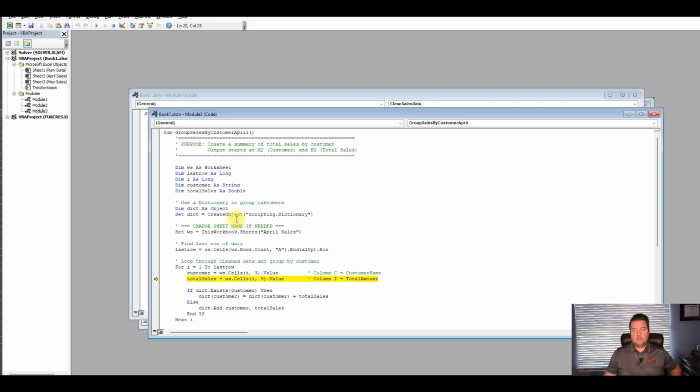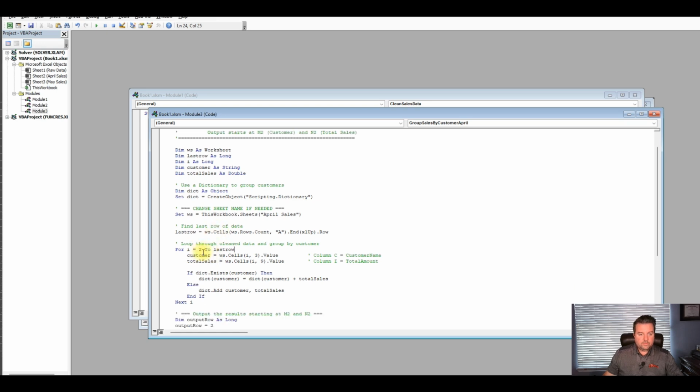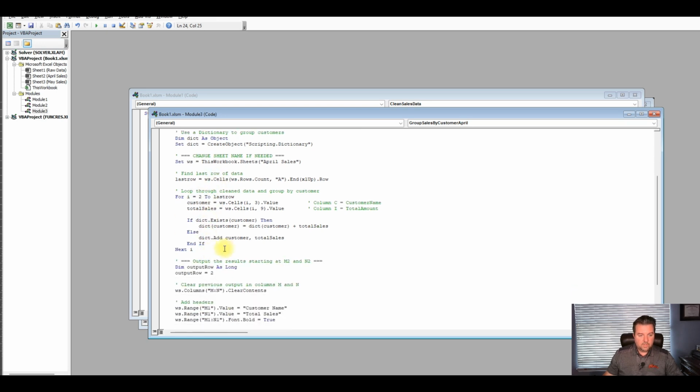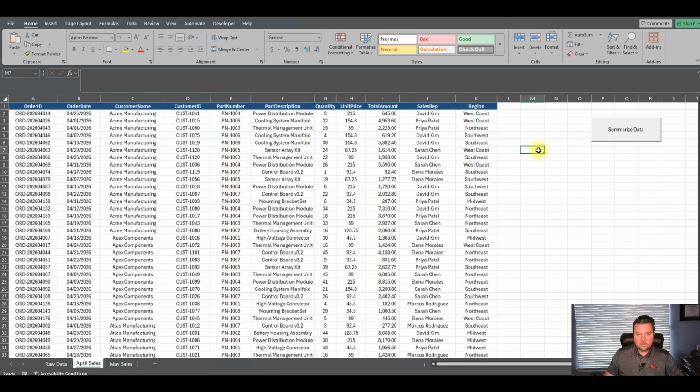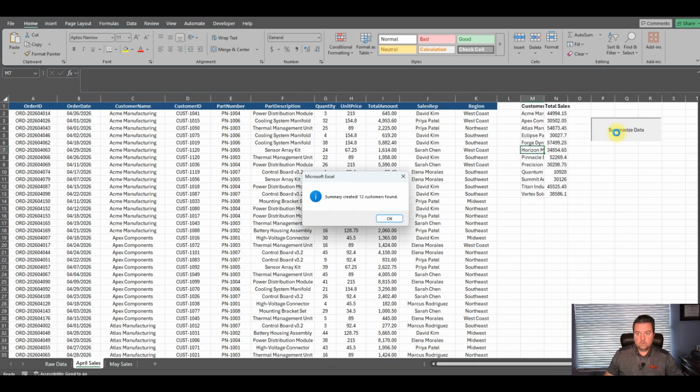Okay, so simple mistake here. What happened was we have it starting on row 1, and we have text in row 1. So it's telling us that it can't evaluate text because the text isn't a number, which is very true. So because we added in the headers, and the AI chat didn't know that, we have to start at row 2 here, which is fine. Everything else I think should work after that. So let's go back here, and now it works.